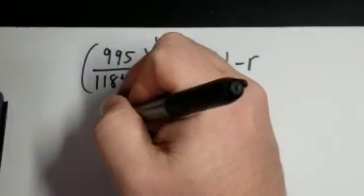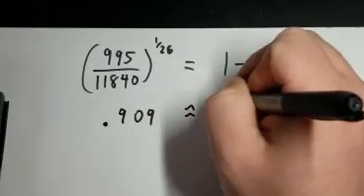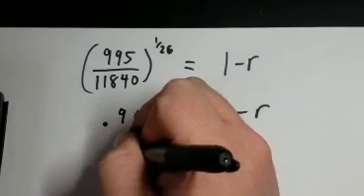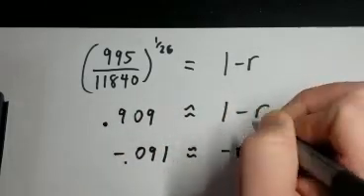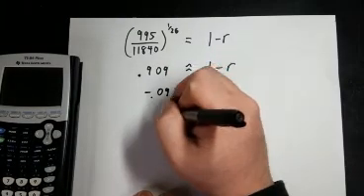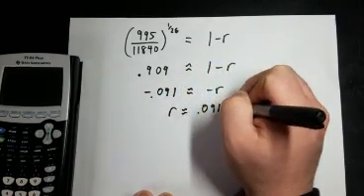First, I get this decimal. 0.909 is approximately equal to 1 minus r. I subtract the 1 from both sides. Still, that negative is on my paper. I have to get rid of that negative. Divide by that negative. R is approximately 0.091, which is